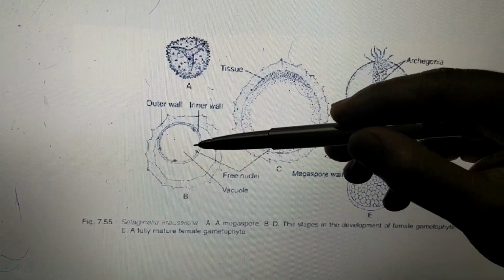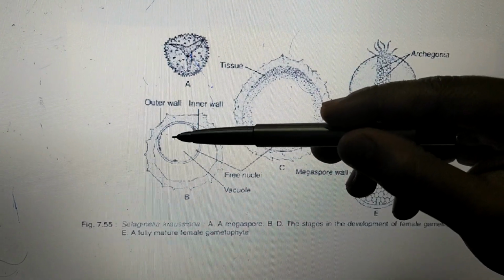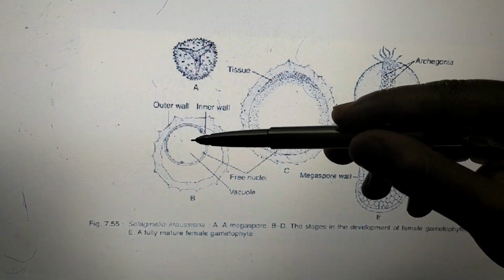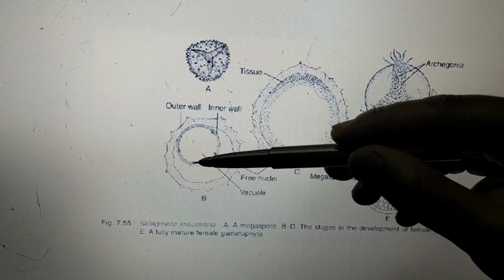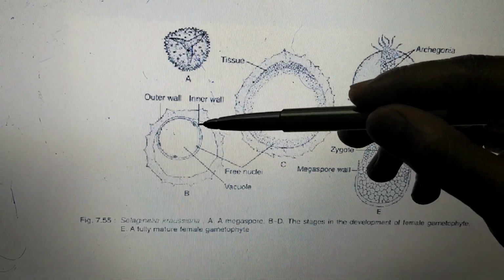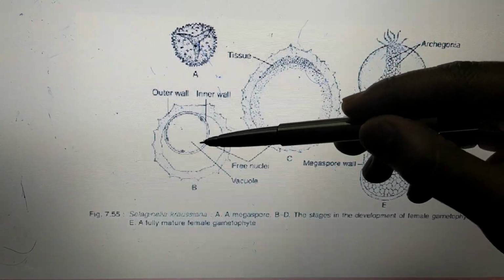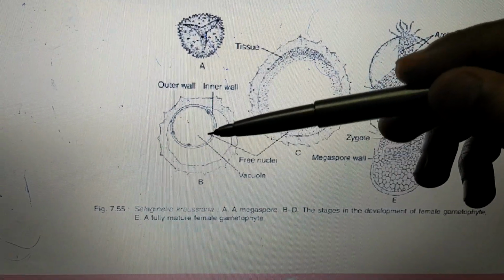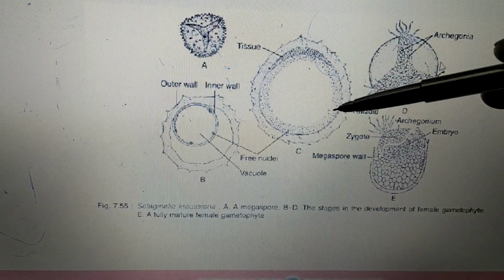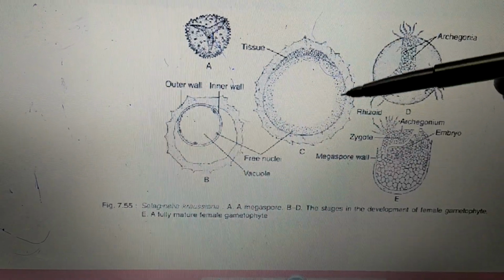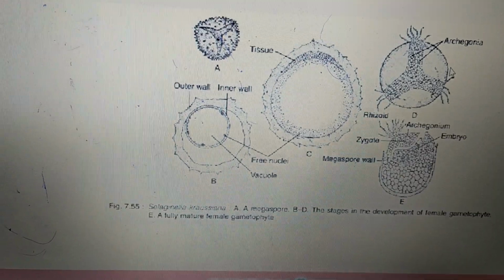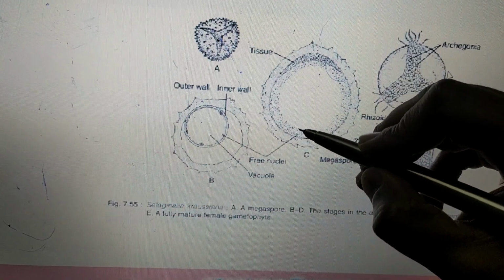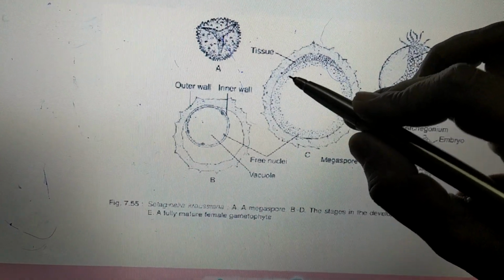Also, there is a development of a conspicuous vacuole. This conspicuous vacuole develops within the cytoplasm of the megaspore, and some free nuclei formation also takes place. Thus the megaspore nucleus divides rapidly and repeatedly, leading to a nuclear division. This is nothing but a free nuclear division. Free nuclear division means there is no formation of a cell wall around this nucleus. These are not cells, these are just nuclei.